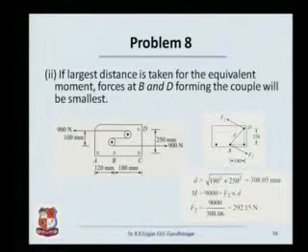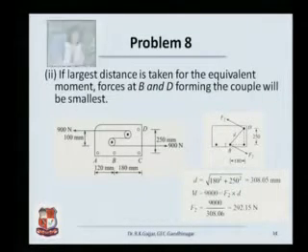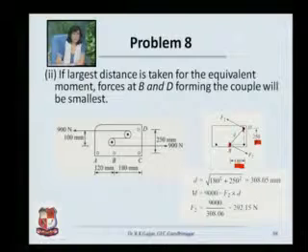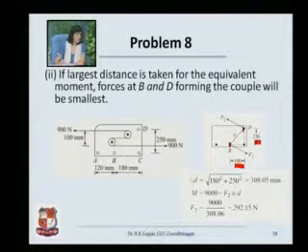How do you find out the smallest force? The smallest force can be obtained when the largest distance is available. Simple. So we need to find out what is the largest distance between B and D. Simple trigonometry. You already have the vertical distance and the horizontal distance between the two. Naturally, the hypotenuse is going to be the largest distance between B and D. Find out this distance. You already know what the moment should be and you will get your force.